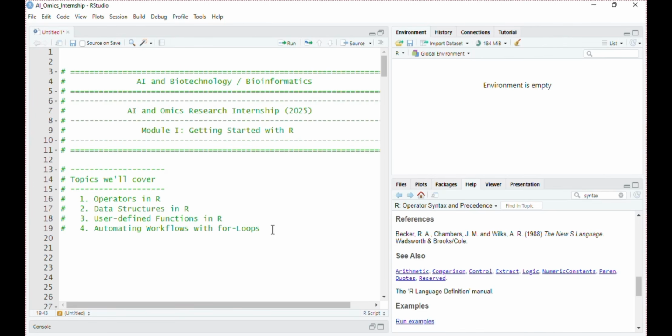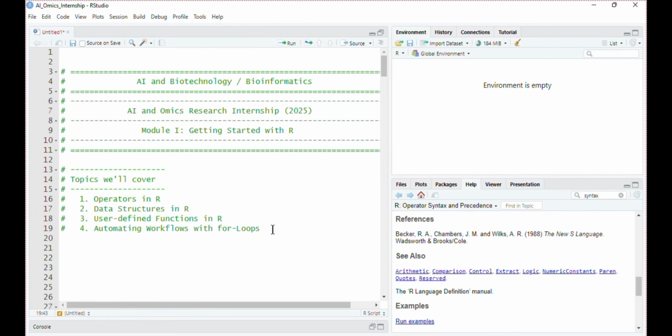Here is what we will cover in this session. We will learn about some basic operators in R. These are the essential vocabularies you need to understand first before we jump into complex programming, complex functions, or complex data analysis pipelines. Next, we will understand some data structures in R. Like we learned about different data types, how R works with different types of data like logical, numeric, factor, and character. Similar to this, we have different types of data structures that organize or store information.